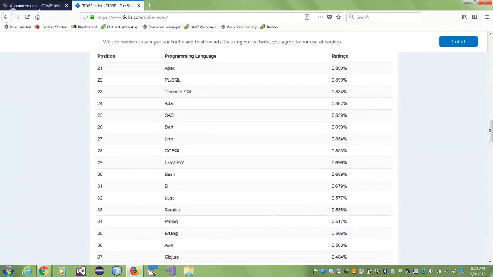So there are languages here. COBOL is sitting at 28. COBOL is a mainframe programming language. Again, we taught it for 10 years because there was a dearth of people who could do COBOL in the programming world. There were very few people. We taught it for 10 years, and now since a couple of years, we've made it optional. So if you would like to be a mainframe programmer, we say, okay, go ahead and learn COBOL. But if not, then that's fine. So it was in the top 20 a few years back because nobody knew COBOL in the sense, they were the old guys, the old generation that did COBOL, and now they were retiring, and the new generation is not so keen on working on mainframes, though it's a good one.